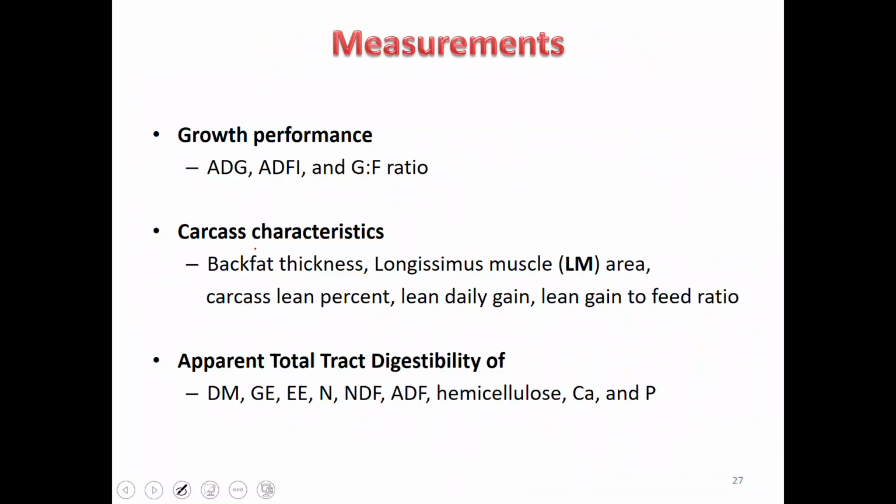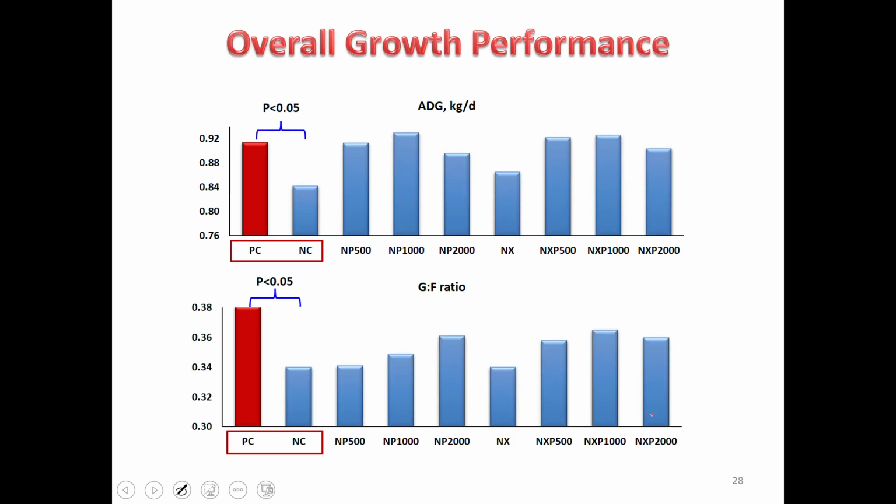And then we measured gross performance: average daily gain, feed intake, and feed efficiency. And also we measured back fat thickness, longissimus muscle area, carcass lean percent, carcass daily gain, and lean gain to feed ratio. And we measured apparent total tract digestibility of dry matter, gross energy, ether extract, crude protein, fiber, calcium, and phosphorus. So firstly, in overall gross performance, we found significant difference between positive control and negative control